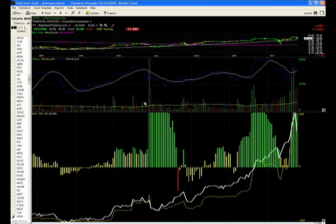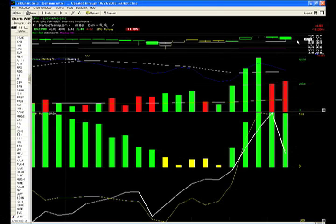So all this stock did was pull back to the 50-day moving average, and it found support right on the 50-day moving average with the tail, and it still has green BOP, and it still shows a lot of volume, showing that there was support there as it hit the 50-day moving average. There is absolutely nothing bearish about this chart at all. And until this price closes below the 50-day moving average, there is absolutely no reason you should be selling a